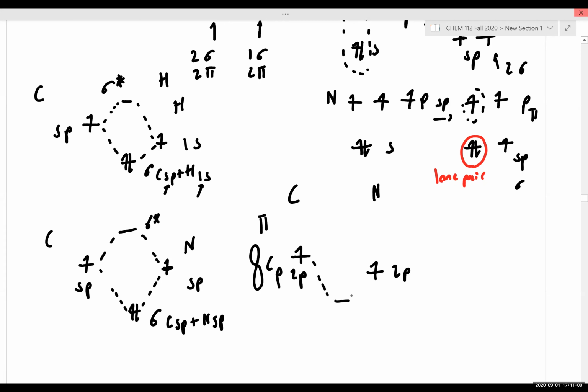They're going to overlap perpendicular to the bond axis, and we're going to generate a pi bond and a pi bonding molecular orbital between a carbon 2p and a nitrogen 2p orbital, and we'll also generate an antibonding orbital. Now, one thing that's really critical to note,